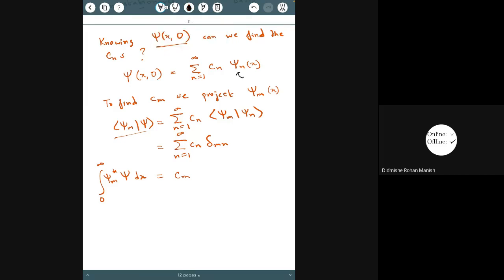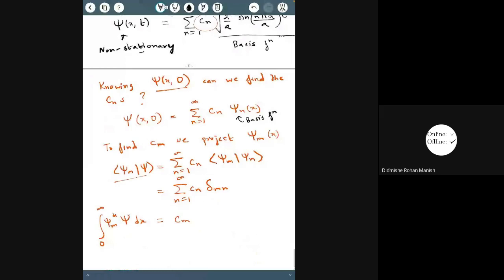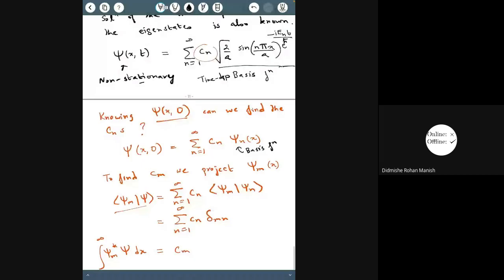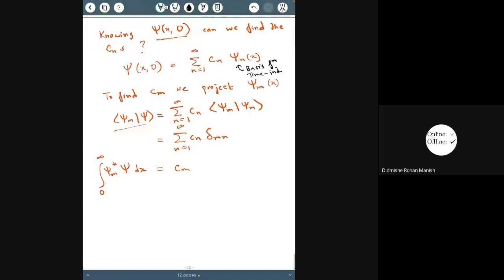So I can say this is a basis function. This is a time dependent basis function, and this is a time independent basis. Okay. So we are finding out the overlap of every basis function with my starting function, and that is telling me the coefficient in the starting function. Okay. So we'll find out all the coefficients of the basis in this way,